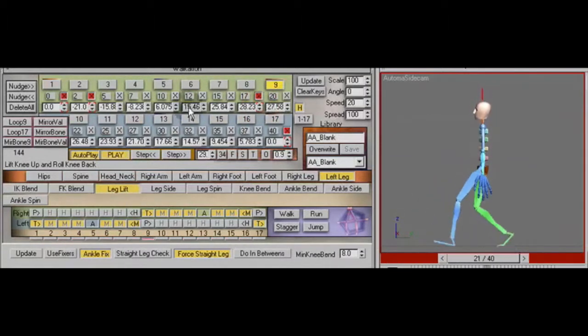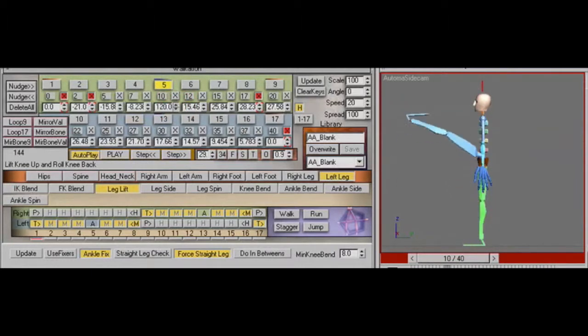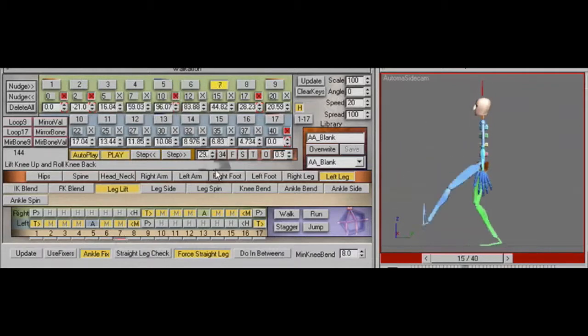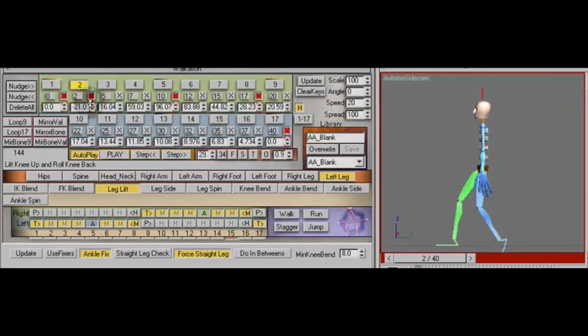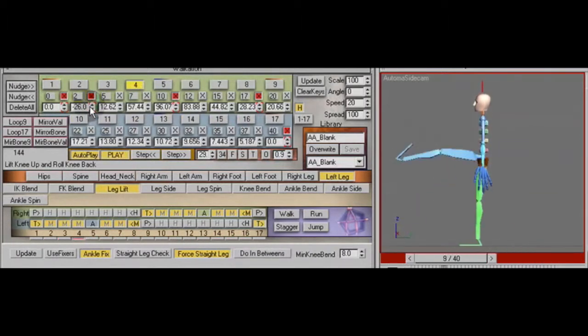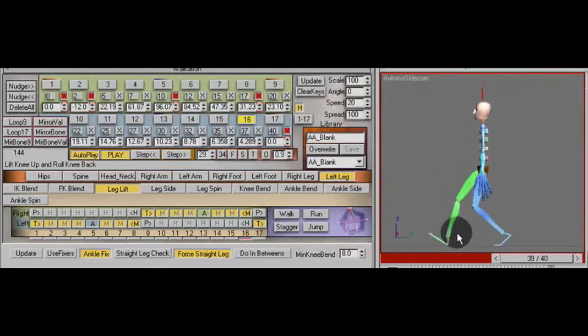So leg lift, and then I can actually do, see here, because it's not inverse kinematics, you can actually do some forward kinematic arcing here. But what happens is it's really hard to do the blend between one and the other, so you really have to tweak these two settings here to make them match nicely. But it's kind of interesting that you can do this. You'd have to go in and fix the feet too. Anyway, that's how the feet